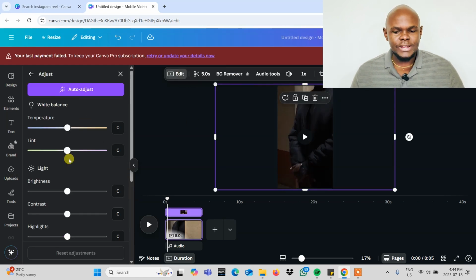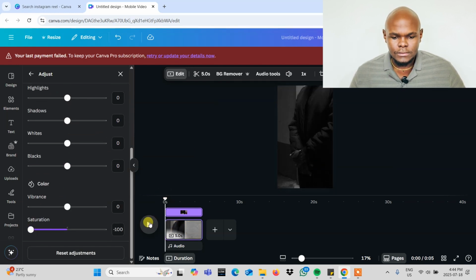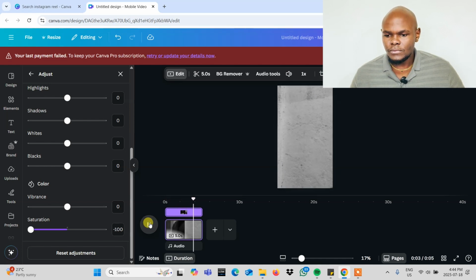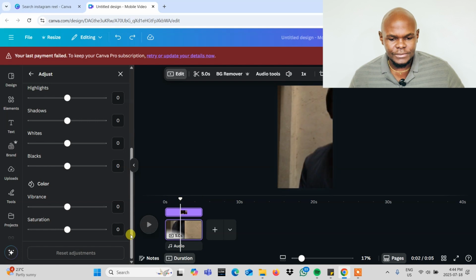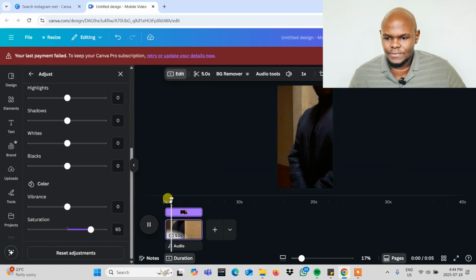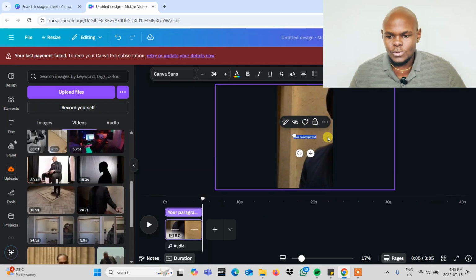Ideas that are coming to mind right now, maybe I could decide to remove all saturation, just make it black and white, right? Depending on the vibe I'm going for. All right. Maybe if I don't want to do that, I might want to really bring up the saturation in the clip. You can also decide to add a word here in the middle. So depending on what you want to do,